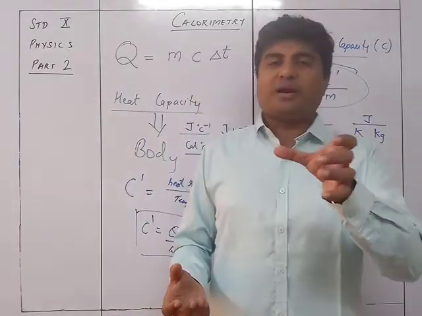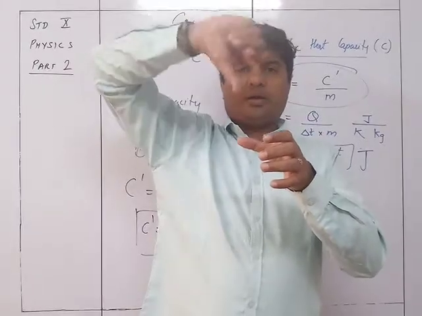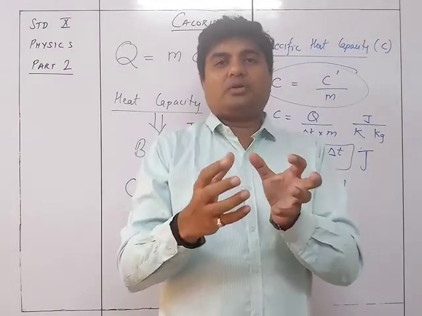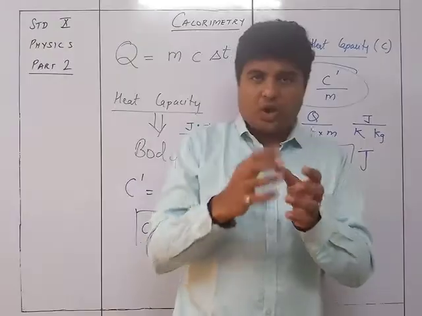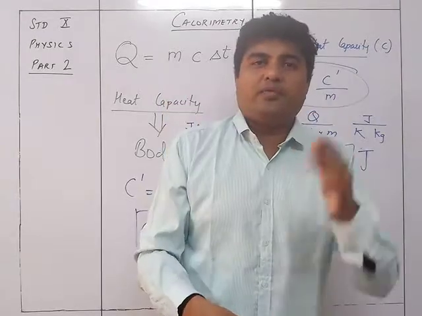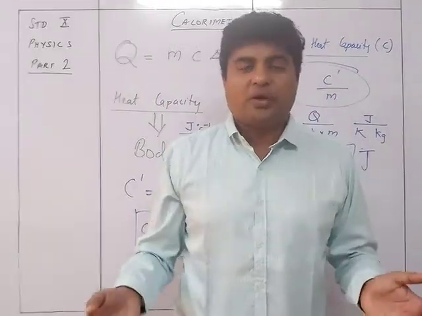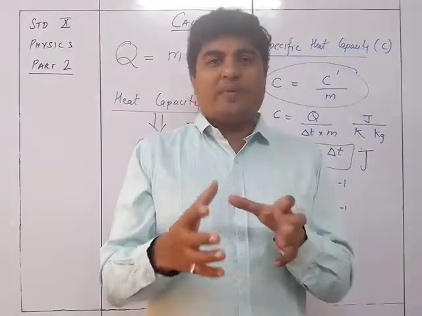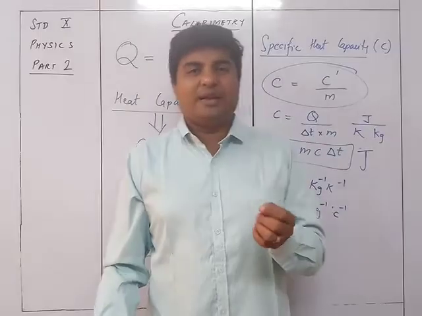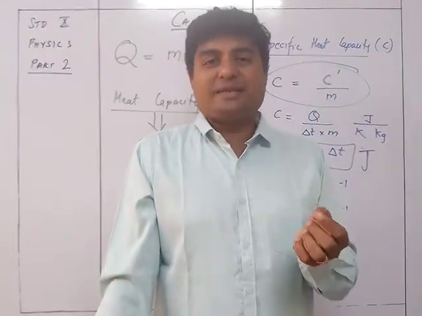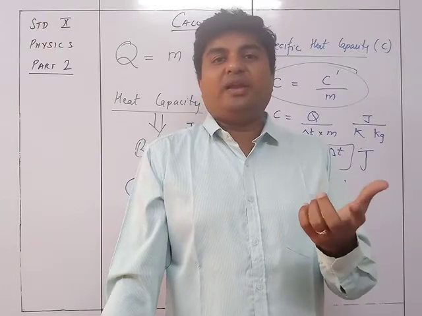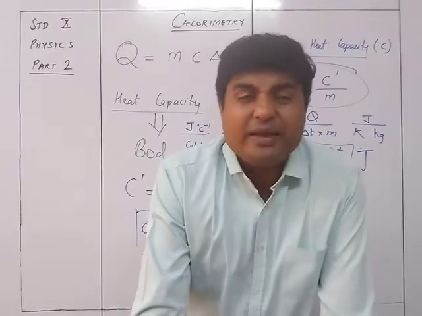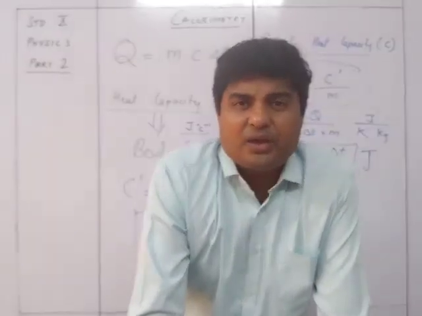Like for example, if I take a glass and I pour water at, let's say, 60 degrees Celsius, then it shouldn't happen that by the time the glass came to 50 degrees Celsius along with the water, the temperature already fell down to 45, because the glass absorbs so much heat energy. That's why we are going to use copper, where the amount of heat energy required for raising the temperature is very, very less. That's the reason it attains the required temperature in a very fast manner and without any losses. That is the reason we are taking copper as the material of the calorimeter.